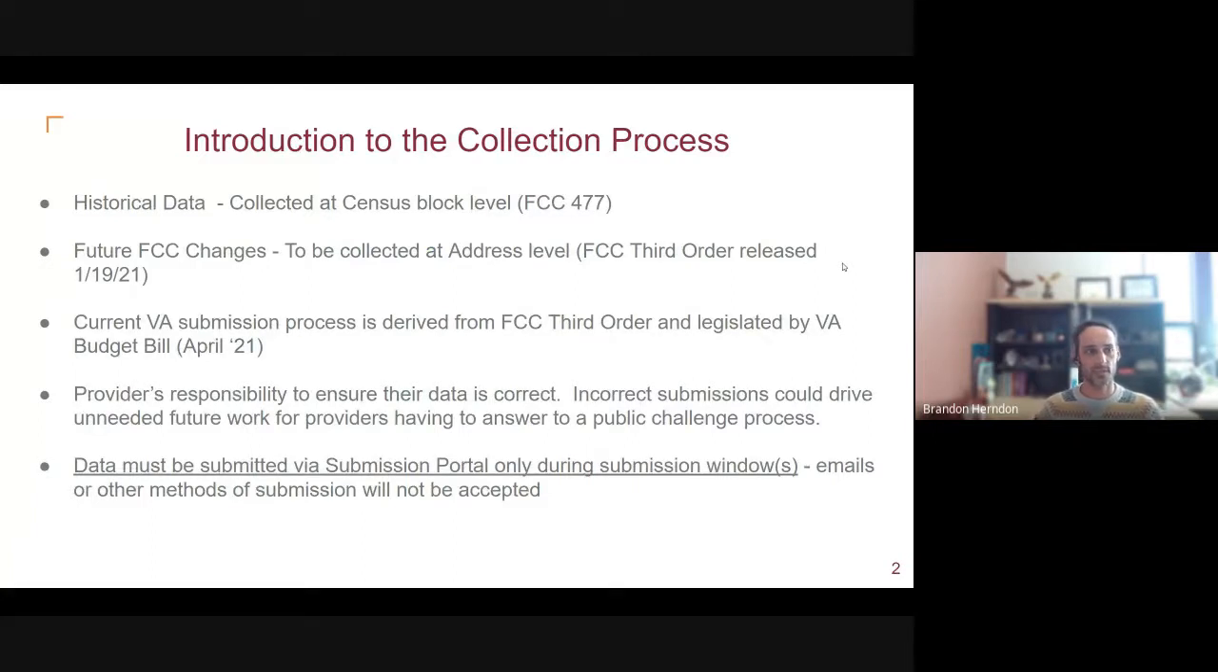So historically, broadband coverage data is based on the FCC 477 submission process, which I'm sure everyone's familiar with. The FCC is changing that process, and based on the FCC third order that was released about a year ago on January 19th, 2021, they're going to move to collecting at the address level. This has not been implemented federally yet. However, Virginia wanted to start collecting this data to increase the resolution and accuracy of broadband coverage within the state